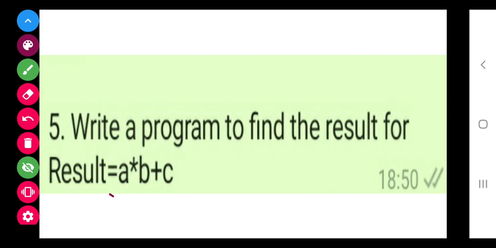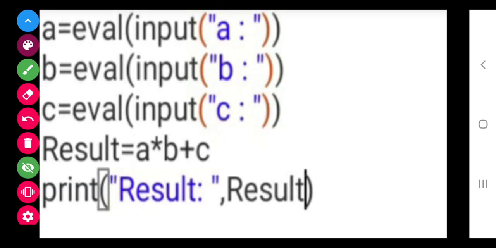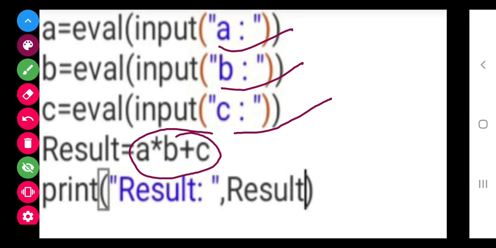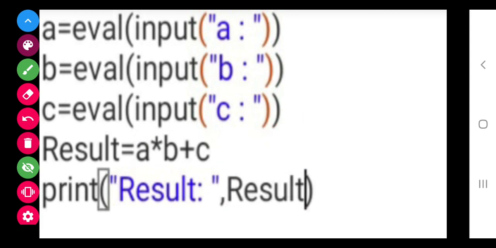Now here you have to see yourself, there are three different variables. So you have to input three different variable values. After that, the same formula that was asked I have written. After that we have to print the result, and finally we will get the result.